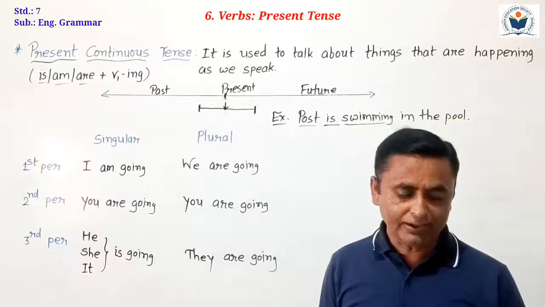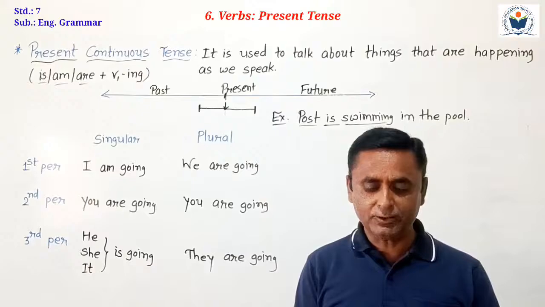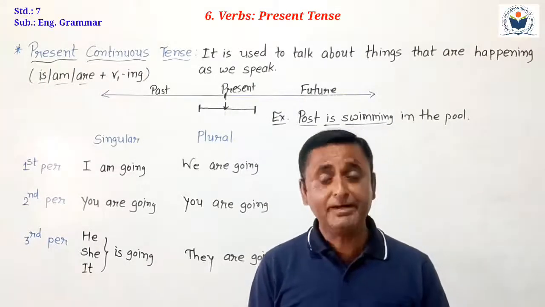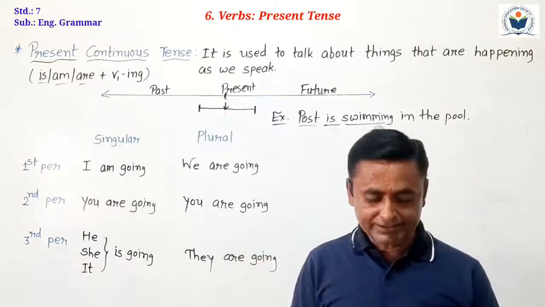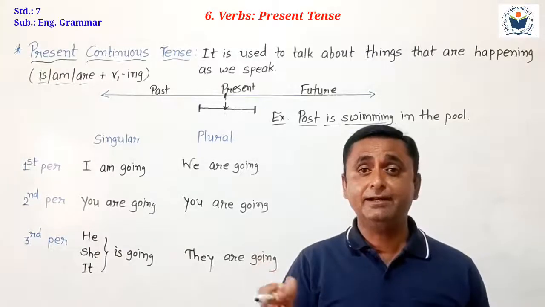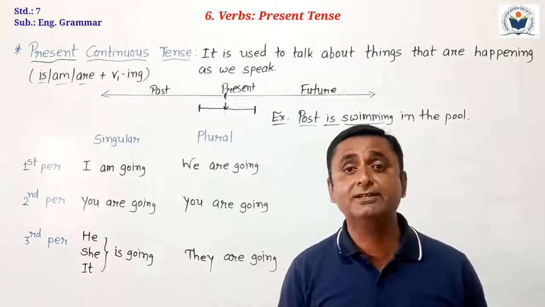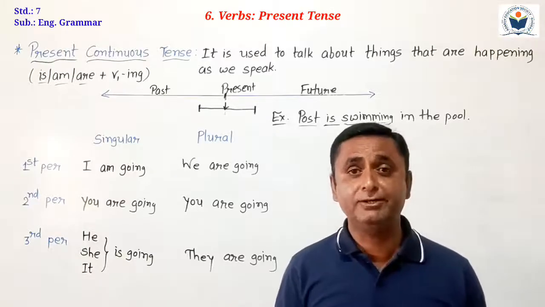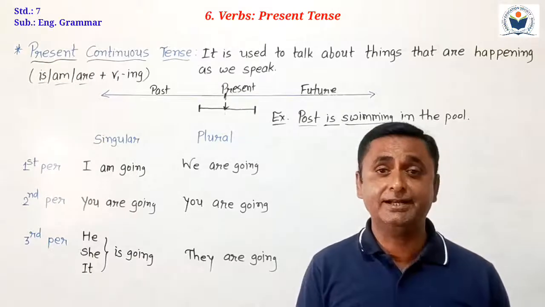Third use is that it can also be used to describe actions that are typical of a person, place or thing. It is usually accompanied by always after the helping verb. So for a typical condition, an example is given here: it is always raining in London. Typical condition of London is given here. So for that typical condition we have to use present continuous tense. Can you understand? So these are mainly the three uses of present continuous tense. You have to keep in mind why and when we have to use present continuous tense.